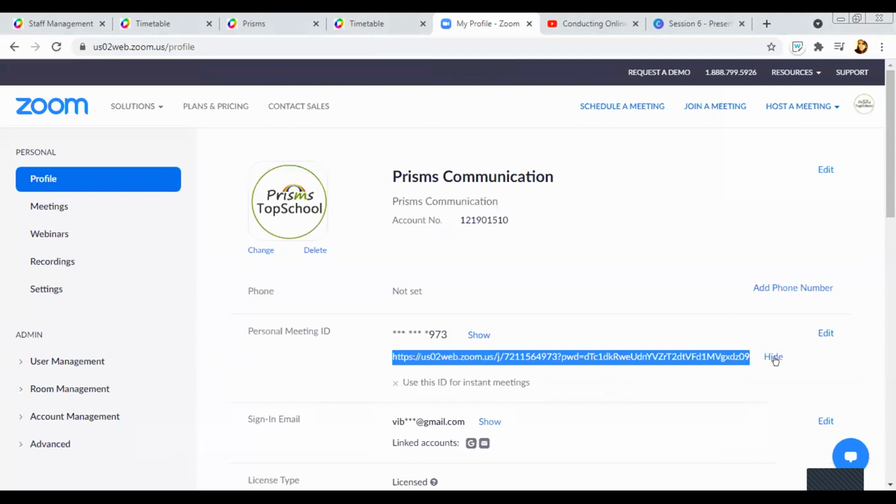This ID needs to be integrated into the teacher's profile. It's the same for Zoom and Meet. Zoom has a personal meeting ID. For Meet, you can simply start a meeting and share that meeting's complete link, with HTTPS, to your school admin, and that link needs to be integrated into the teacher's account. For example, I'm copying a link. Okay, so now we'll move towards the setup of the timetable.